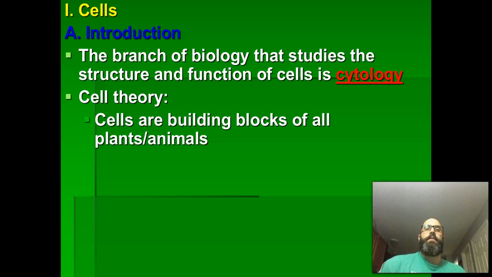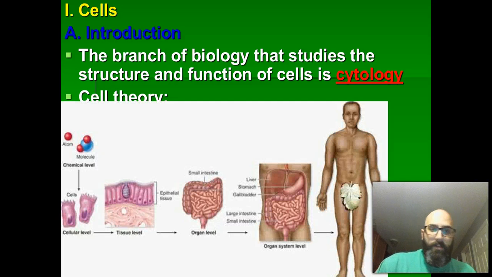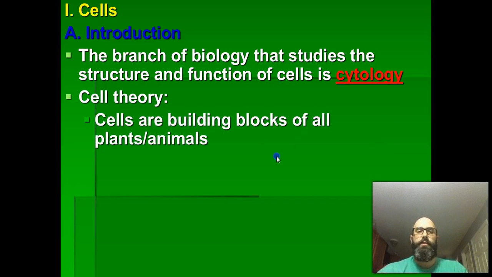We'll get into what the study of tissue is later, but cells are based on one solid theory that is called cell theory, and that comes from cells are the building blocks of all plants or animals, or basically cells are the building blocks of life. So by building blocks, meaning you start with one, you add another, you add more, boom, you get a plant or an animal. It's unbelievable. So if you check it out, you take cells to make tissue, to make an organ system. You have several organ systems, boom, you get an entire organism. Building blocks. You build upon the individual cell, you get more and more, boom, you get an organism.